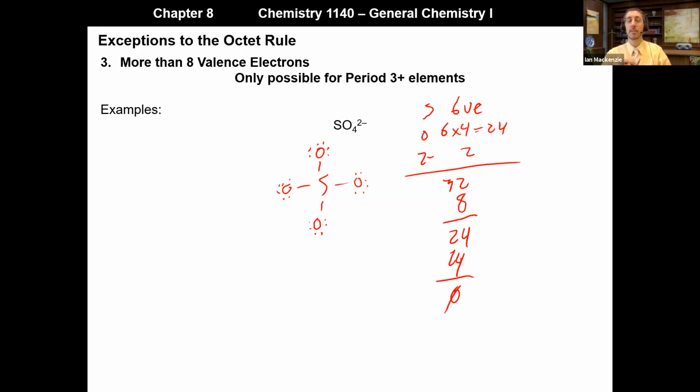So I used all of my electrons. I have none left. And you might look at that structure and wonder why I would suggest this is breaking the octet rule, because sulfur has 8 electrons around it. It's satisfied. Oxygen, all of them have 8 electrons around them. They should be satisfied. So this should be a good structure for SO4 2-. But in reality, this isn't actually the structure that we draw for SO4 2-, because if we look at the